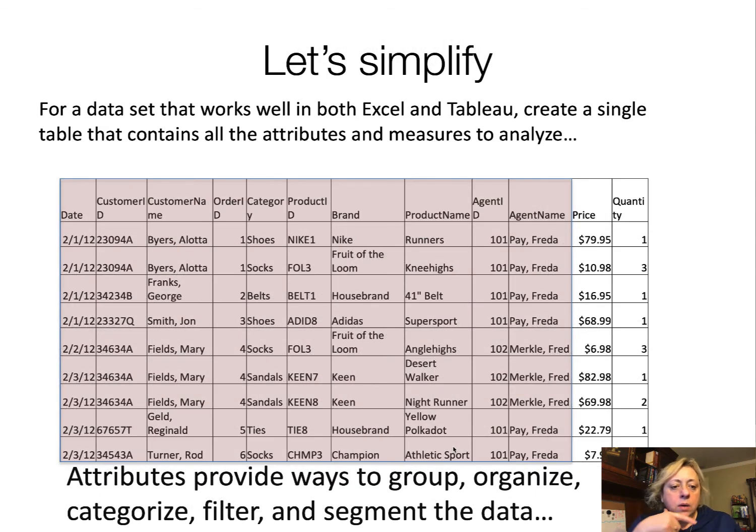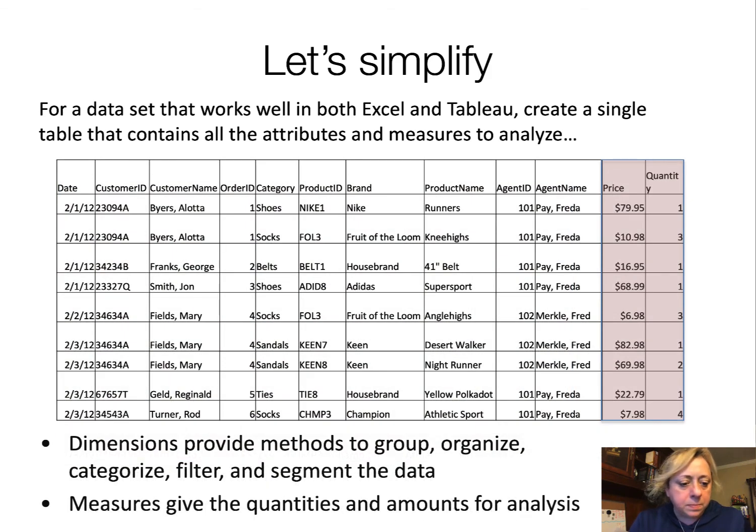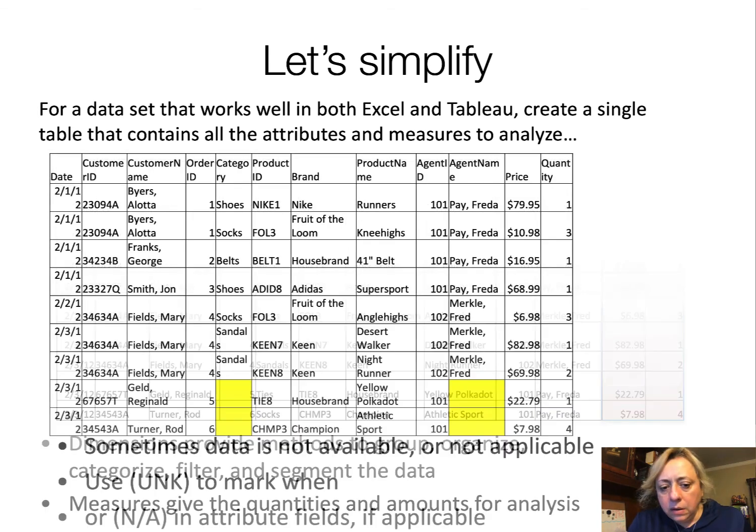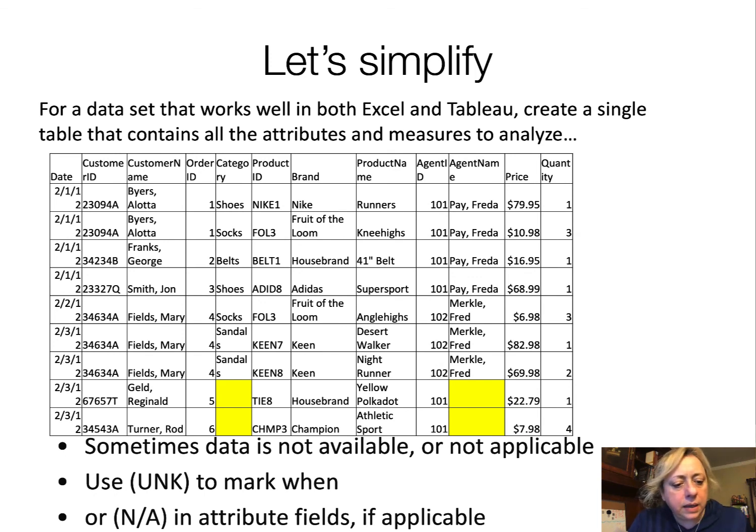Now, if you look at this in Excel, as you can see here with the highlighted values, all the darker colors are the dimensions, and the ones left in white are the measures that you can do mathematical operations on. Now the problem is how we can consider those as a single table to be handled in Tableau. So we're going to look at that, and how we can fix things like that,